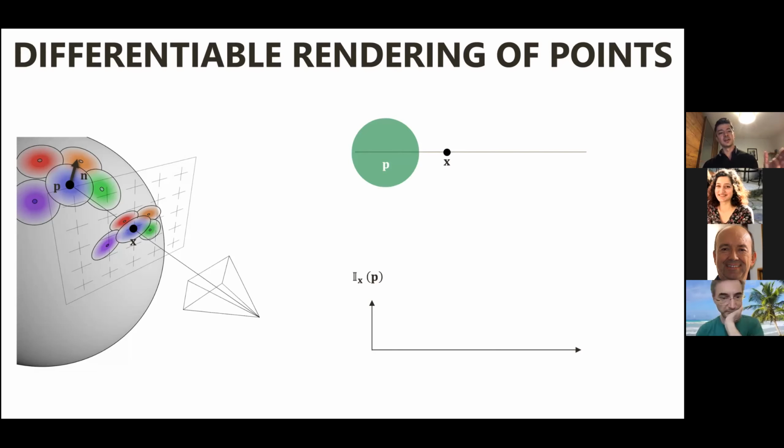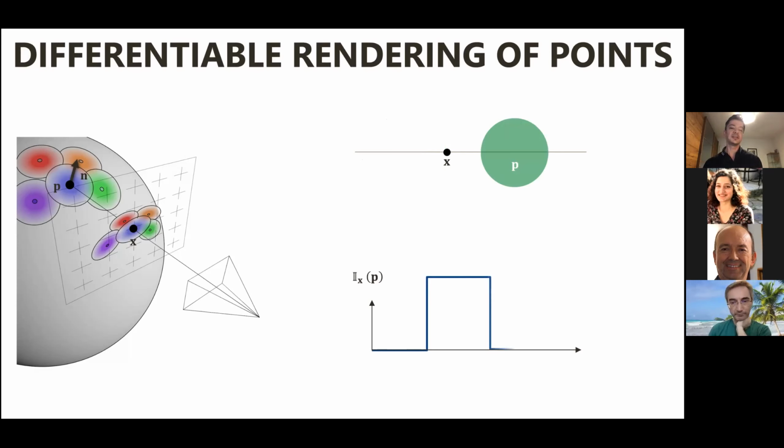Now, as you move the camera or as you move your geometry, it becomes visible and invisible again. Then this creates a discontinuity on the image plane, right? And how do you deal with the discontinuity? This is the main point of a lot of papers now. There are probably hundreds of papers by now, and as I mentioned, I've already been working on a couple of them. So yeah, this is a big problem: how do you deal with occlusions and discontinuities in your scene?